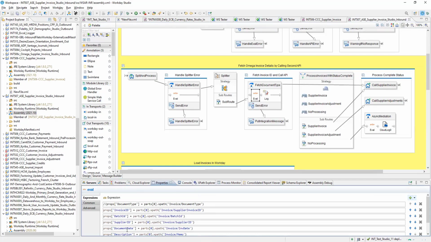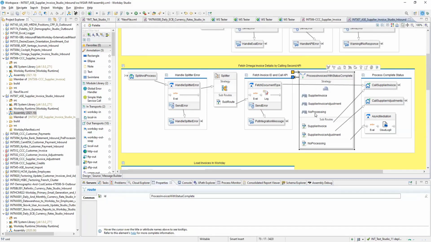Now the requirement is, if the employee is active, you have to do some updates. If it is terminated, you have to do another update. If it is on leave, you have to do some other update. Right, so there are 3 flows.